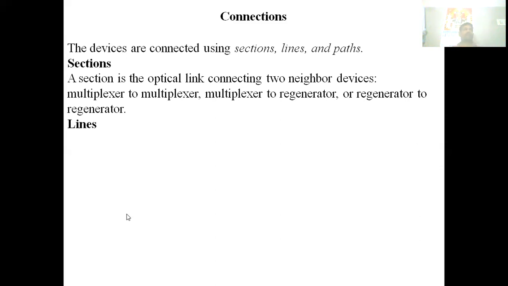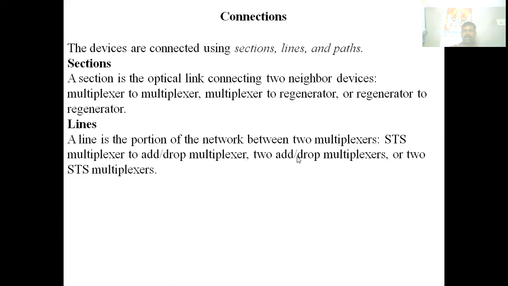Next one, line. A line is a portion of the network between two multiplexers.